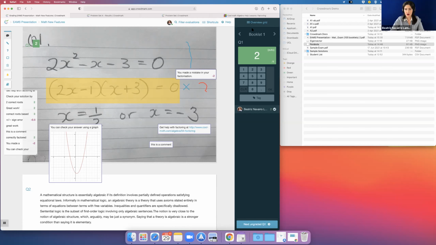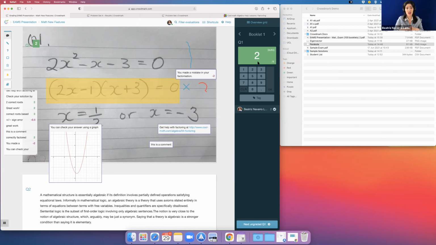So on the right of the screen, you see there is a keypad here with the numbers. It's a number pad. You also have the mark that the student currently has. And here, for example, if for some reason I want to override the automatically generated mark, which was generated by this auto comment, I can retype here. I can just click here or write 3. And if I hit enter, it will save it. And now it overwrites the previous mark that I had entered. And if I change my mind and I want to go back to the automatic grading, I can just click here and it will go back.